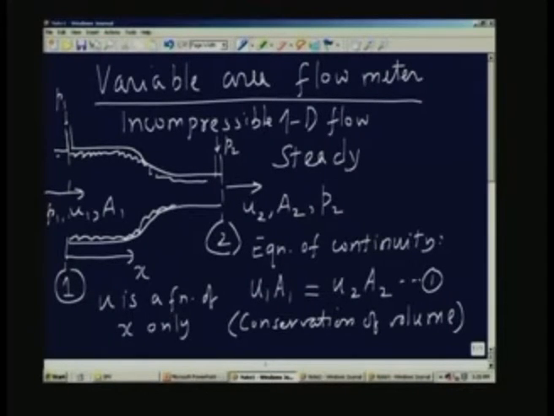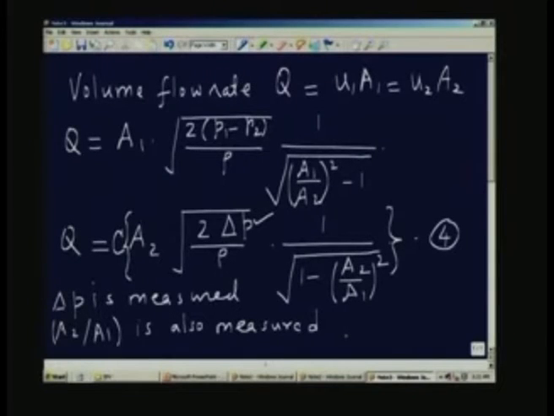So, viscous effects will be confined to the boundary. It can be shown from fluid mechanics principles that the pressure which is measured at the wall is equal to the pressure just outside the boundary layer which is formed next to the boundary, and therefore, the pressure you measure here is exactly the same as the pressure in the bulk of the fluid. So, that is the basic assumption which is made in the use of the variable area device